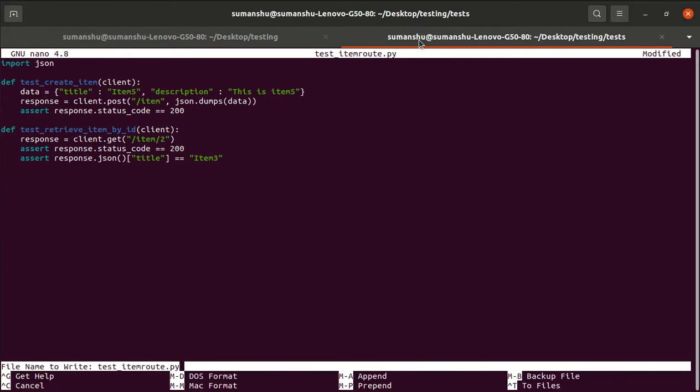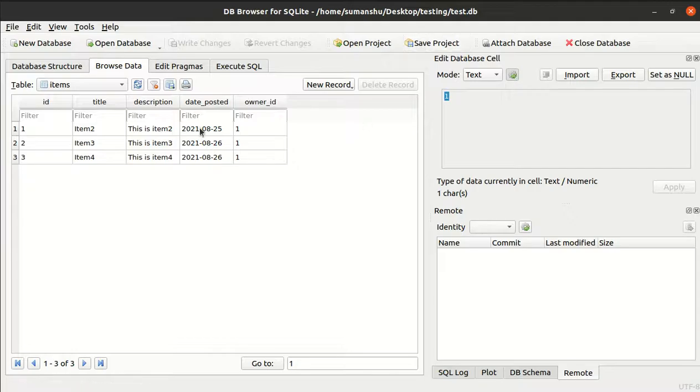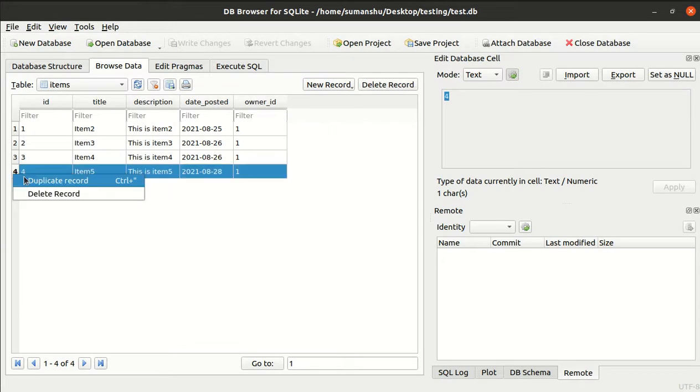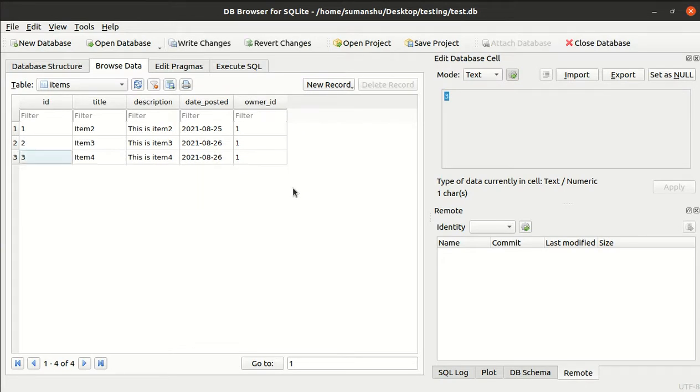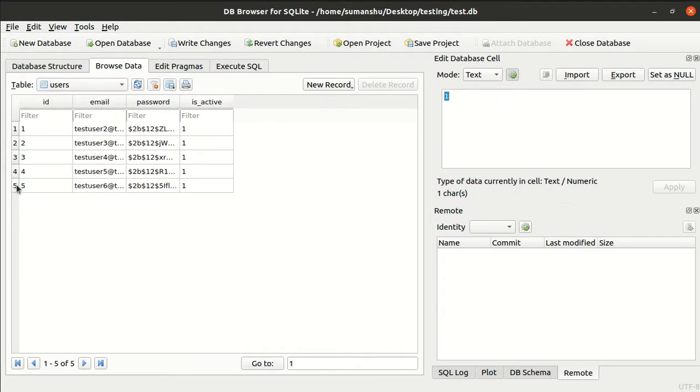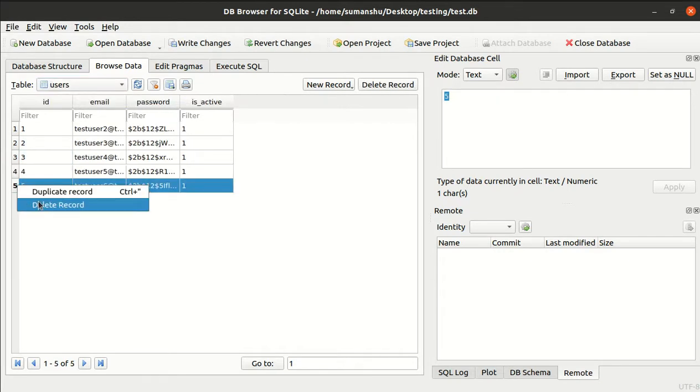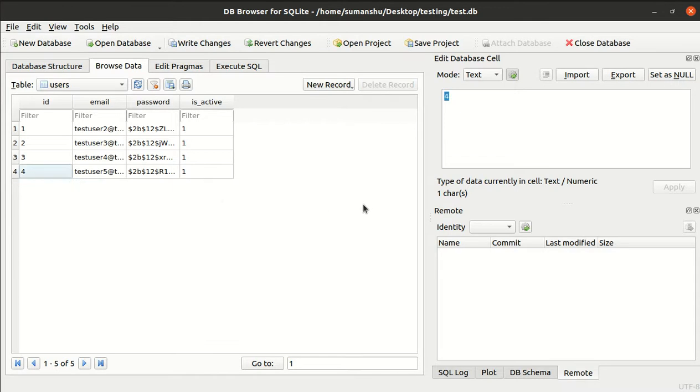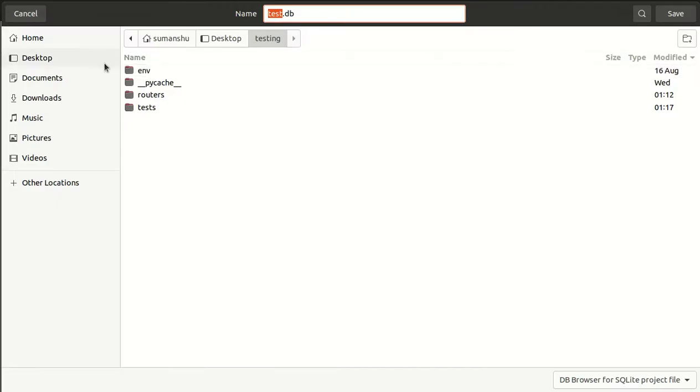But because this already passed, we have to do it again. So there are two things. Let me remove the particular item which we have inserted. So from here delete the record. So I have deleted the record, and from the user as well, let me delete this. So I have deleted that, and save, not save. I think I have to save that as well. I'm not sure whether I have to save or not.